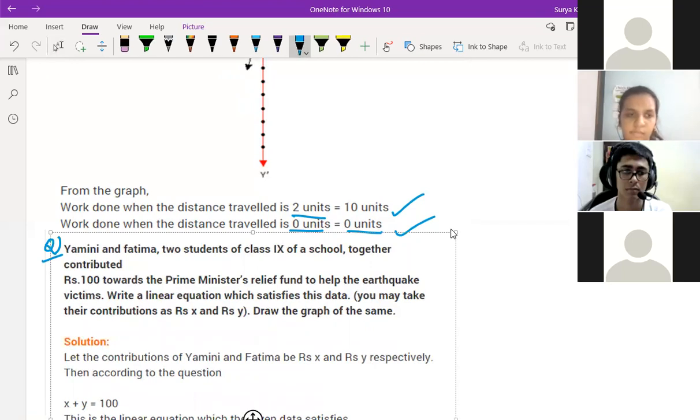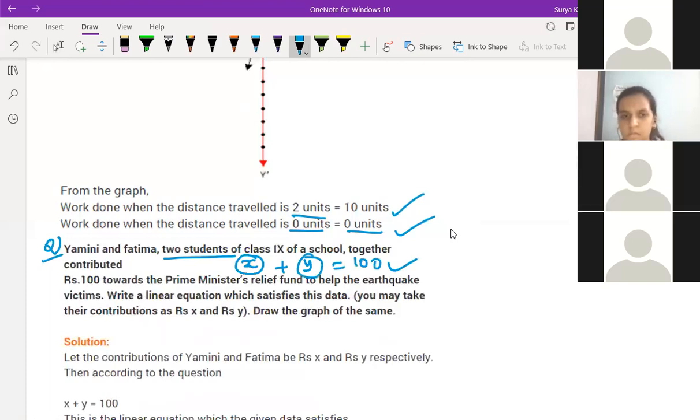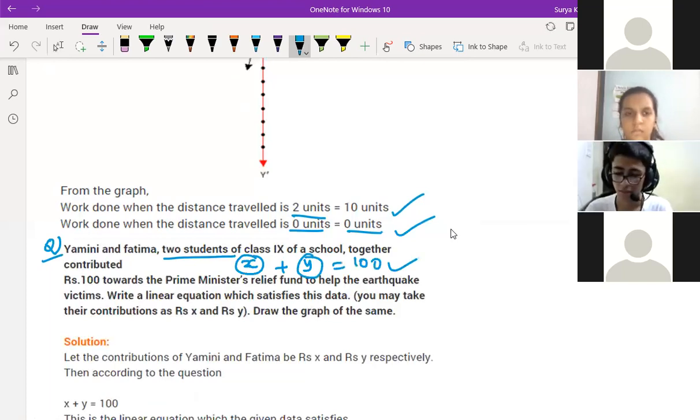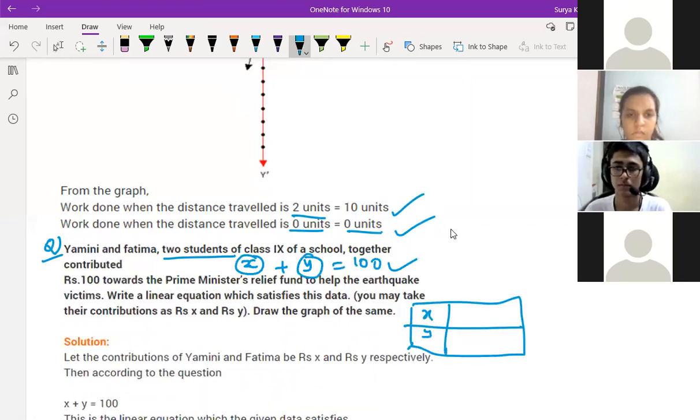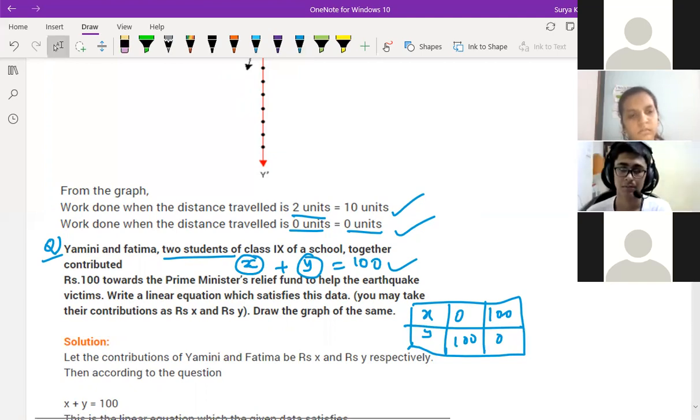Obviously, suppose 2 students are there. Now the first student is giving x rupees and the second student will give y rupees. So both including, they are paying how much? 100 rupees, correct? Yes, sir. x plus y is equal to 100. So if you make this one also with x and y, if x is equal to 0, y is equal to 100. If y is equal to 0, x is equal to 100. This is very easy. So at 100 directly you can match, right? Yes, sir. So nothing to do, simply you can draw the graph at 100 and match the answer.